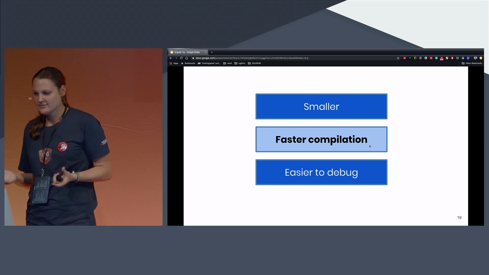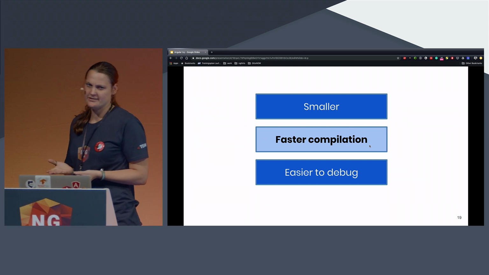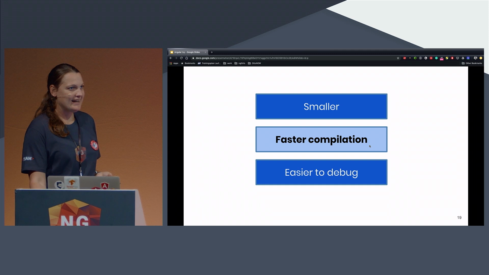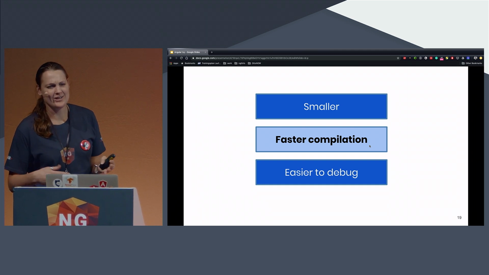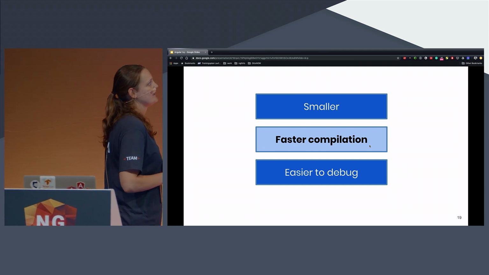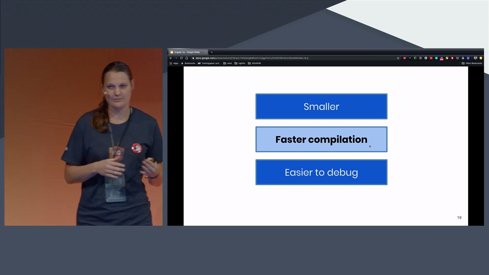The next point I want to talk about is faster compilation. We all know that sometimes it feels like you download half of the internet when you run npm install, but sometimes it's also like when you run ng build, you have to recompile everything again. But why is that so? And I want to tell you why Ivy now does it in a more improved way.